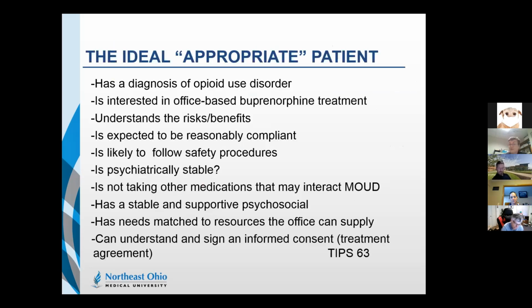When we come to patient selection, we know from tip 63, there are a lot of ways to define an appropriate patient, the one that we would love to see every time coming into our office. And you can see all of the great things about them. They already have a diagnosis, or it's easy for us to confirm it. They're interested, they understand the risks and benefits, they're going to be compliant,